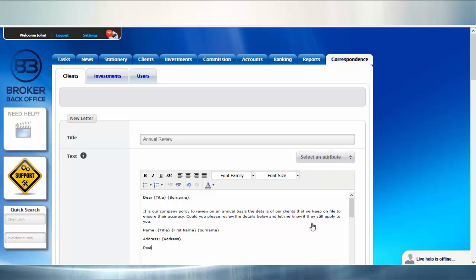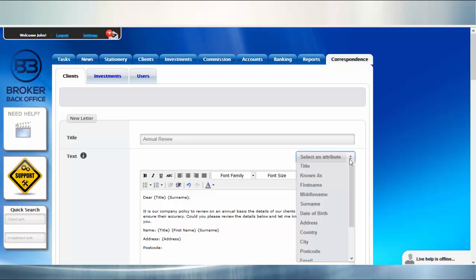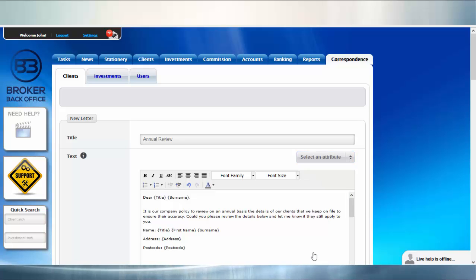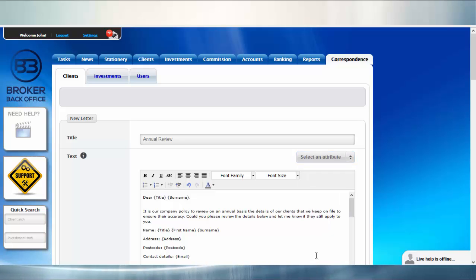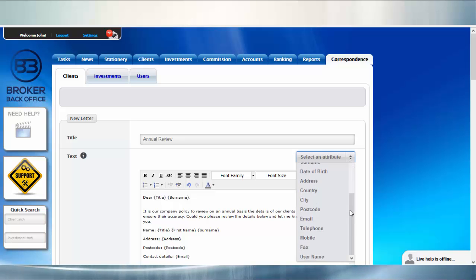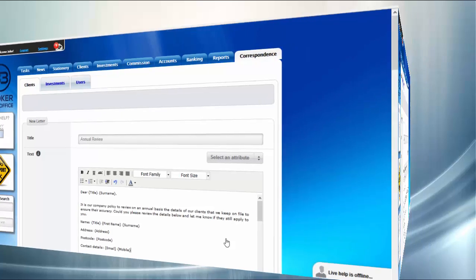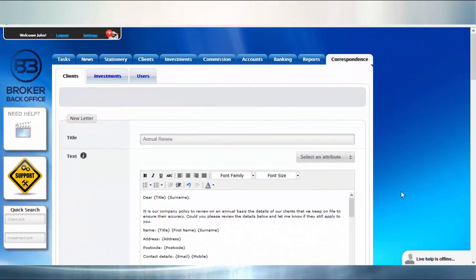For postcode, we can select postcode. And for contact details, we can select email and mobile number. What we have now is a letter that we can send to any of our clients to ask them for information. If we scroll down,